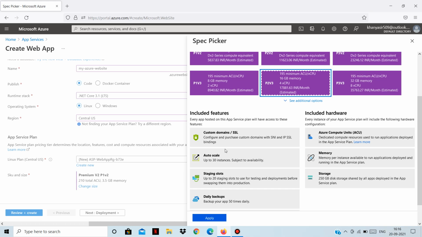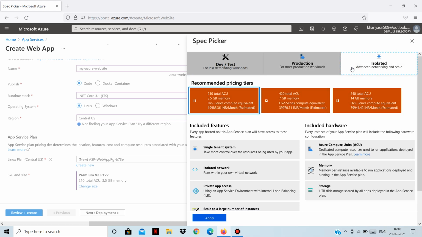Now, if your new version is successful, you can swap that with the previous version of your application. So now the new version of your application will be live and running. There will be very little downtime while you deploy the new version of your application. Users won't face much downtime. It will be very quick.